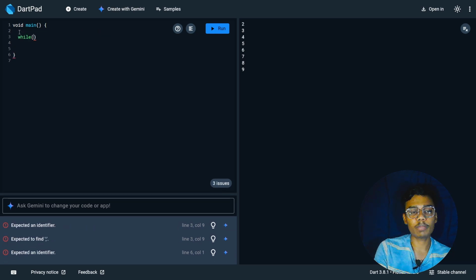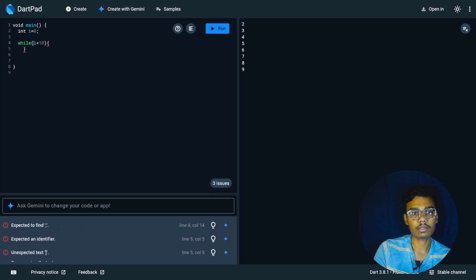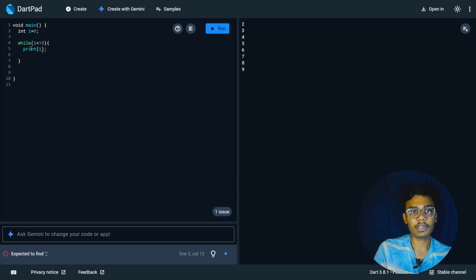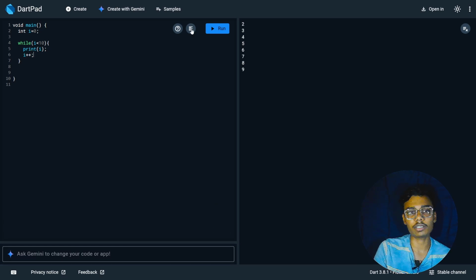तो वाइल लूप में क्या होता है कि वाइल लूप में हम लोग पहले एक वेरिएबल डिक्लेयर करते हैं इंट आई इक्वल्स टू 0। फिर वाइल लूप में हम लोग उसका यहाँ पर कंडीशन देते हैं कि आई जब तक लेस है 10 से, तब तक प्रिंट करो आई की वैल्यू। और प्रिंट करने के बाद आई में हम लोग इंक्रीमेंट ऑपरेटर यूज़ करते हैं ताकि वो आई की वैल्यू इंक्रीमेंट करता रहे, और उसको अगर प्रिंट करेंगे तो 1 से लेकर 9 तक की वैल्यू मिलेगी।